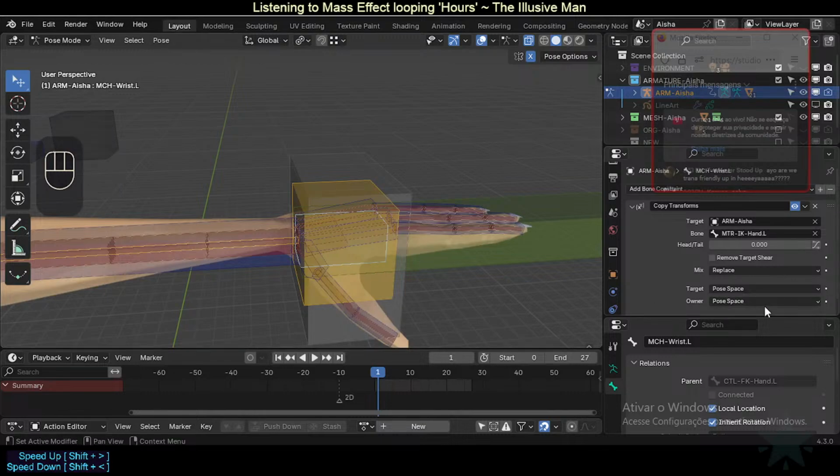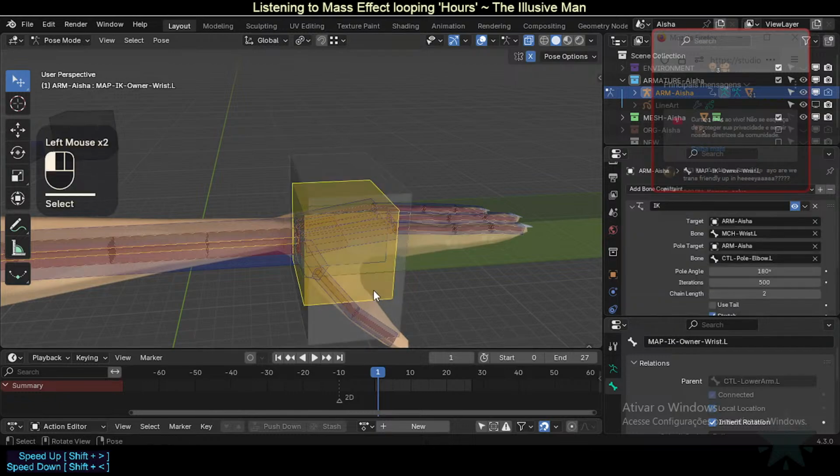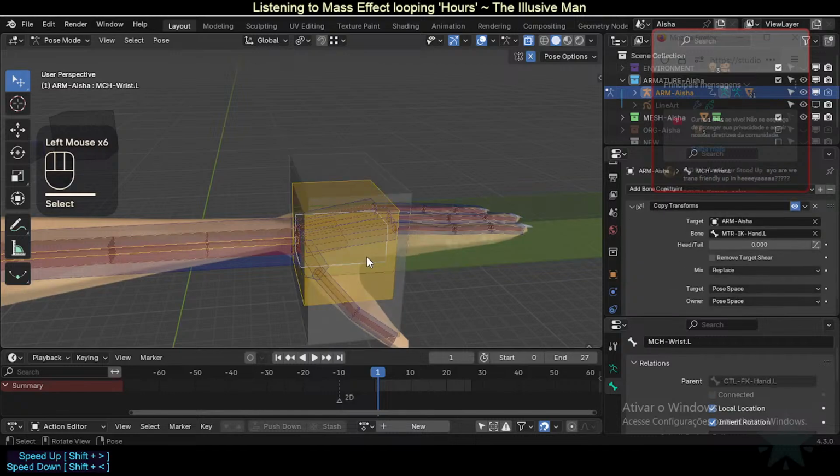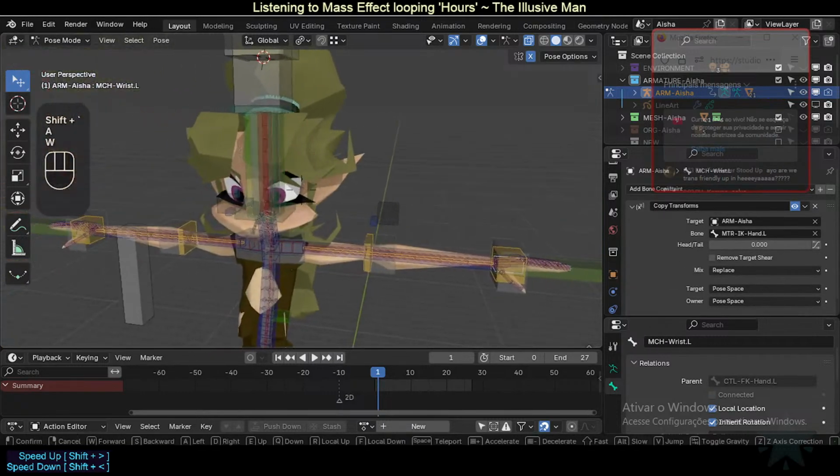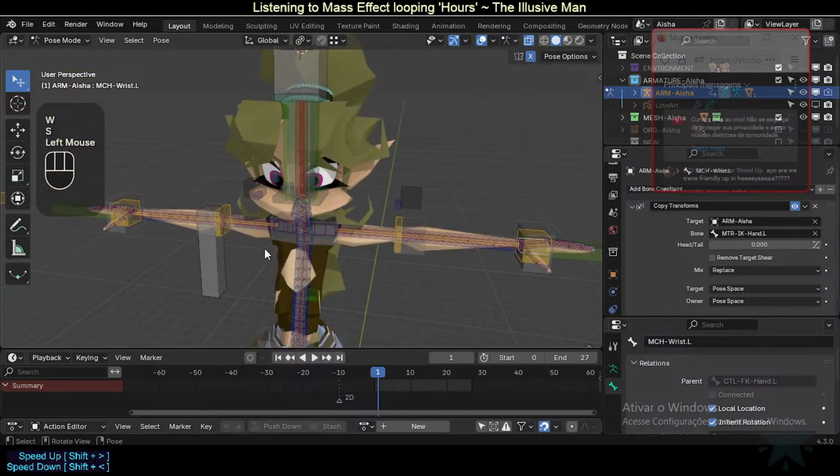No, this is a mechanism wrist. So why? Yes, it's a Nike target. So the name is, yeah, this name is bad. So let's do a